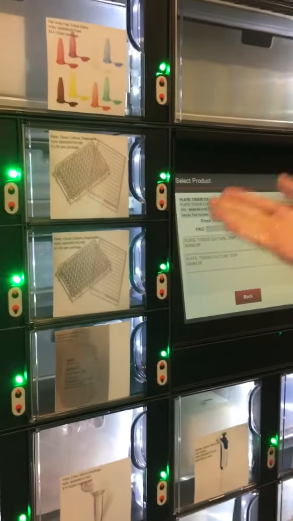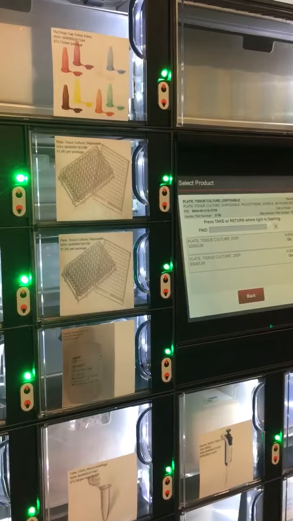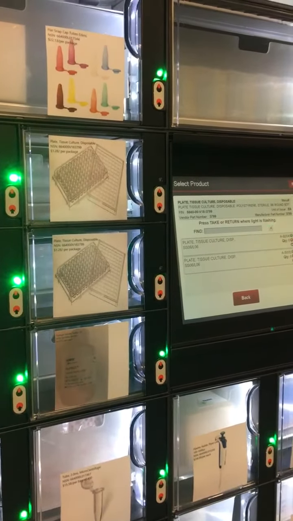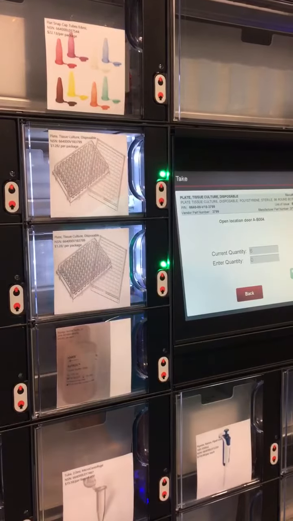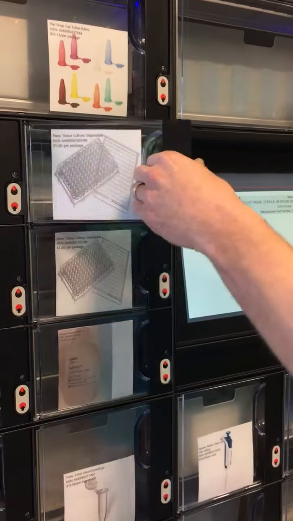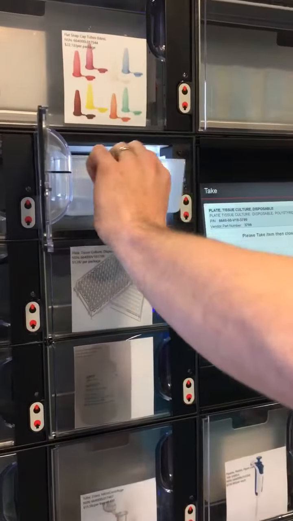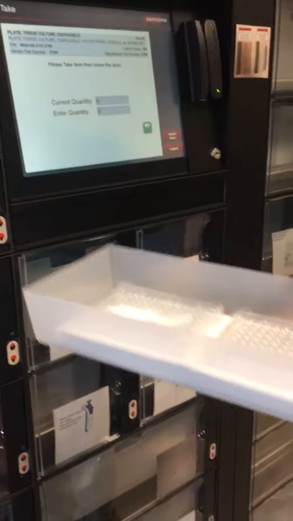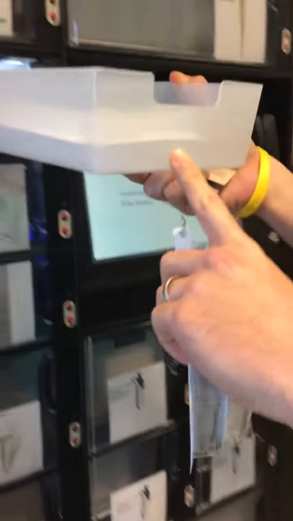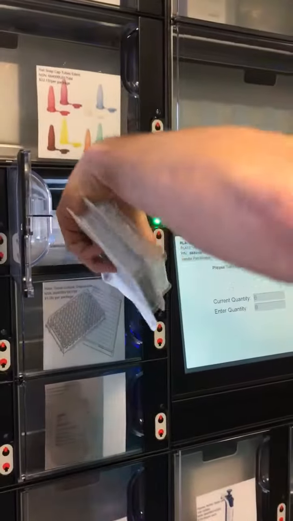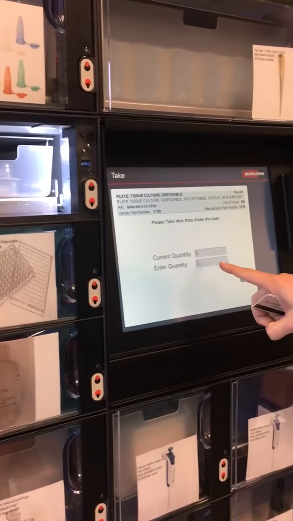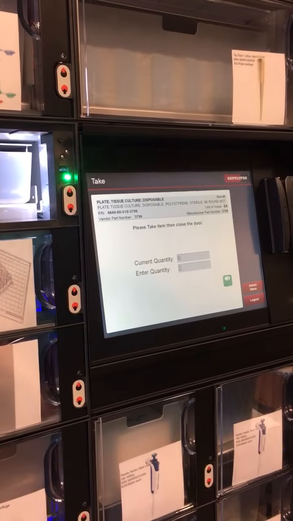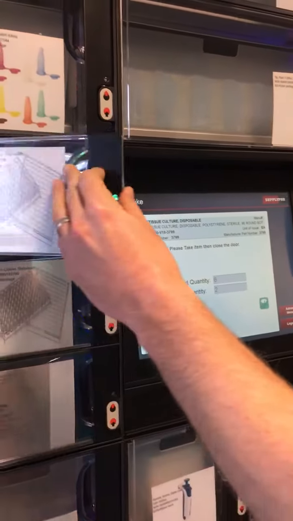And then the 2 lockers with the tissue culture plates are gonna light up, and you just have to press into the button and wait until you hear a beep, and then you can open up the locker. And for this demonstration, I'm gonna take 2 products, and then you just slide the container back into the locker, and the quantity of 2 appears on the screen. So then you close the locker door,